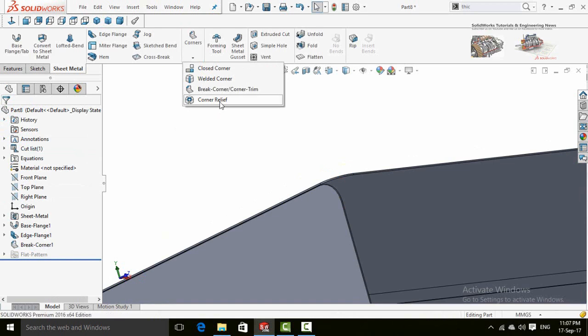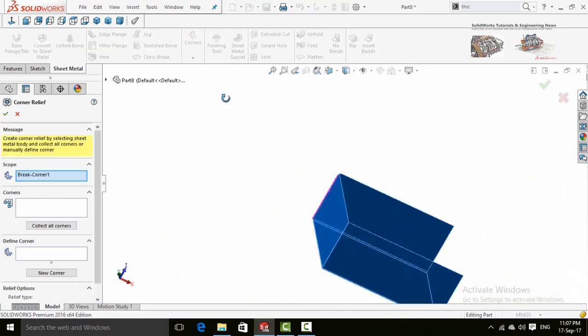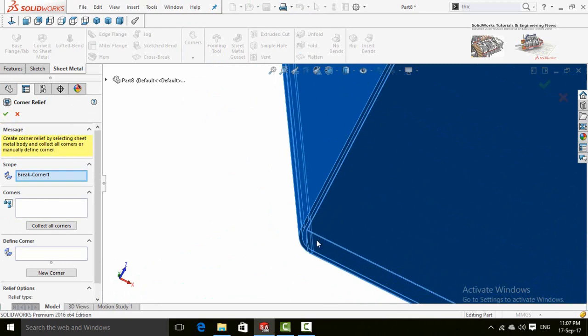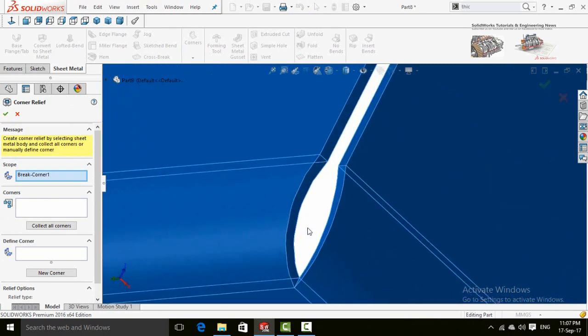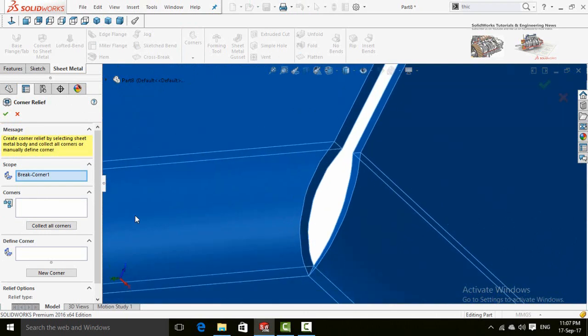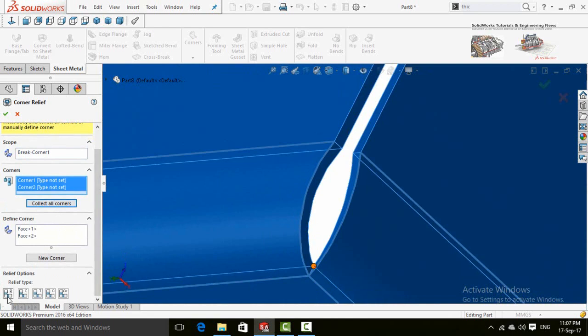After that, we have corner relief. Click here, then zoom in. Press this button, select all corners. Type of relief: rectangular or circular.